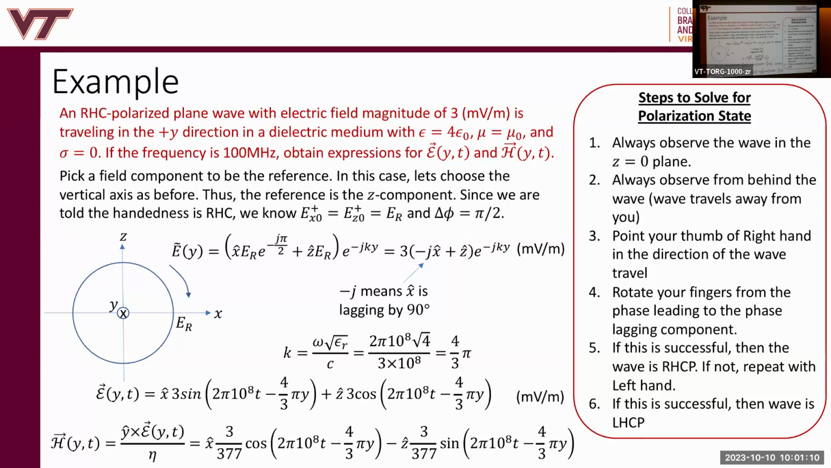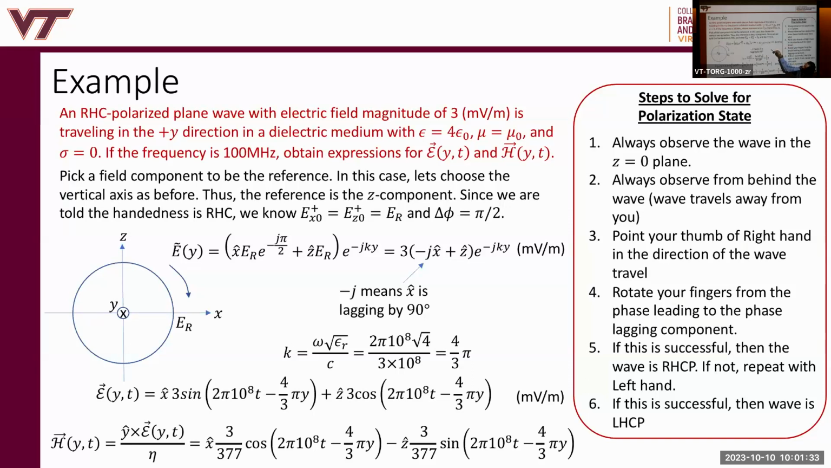Okay, let's go through the example. An RHC polarized plane wave with the electric field magnitude of 3 millivolts per meter is traveling in the plus y direction in a dielectric medium with epsilon equal to 4 epsilon naught, mu equal to mu naught, and sigma equal to 0. Sigma equal to 0 means lossless medium. Very good. If the frequency is 100 megahertz, obtain expressions for E and H as a function of